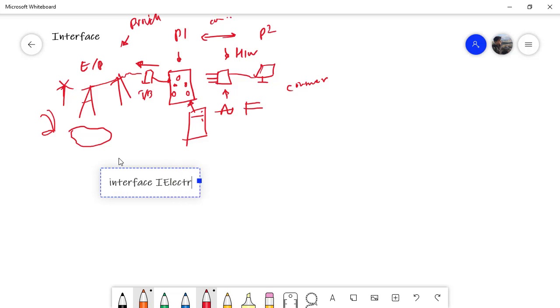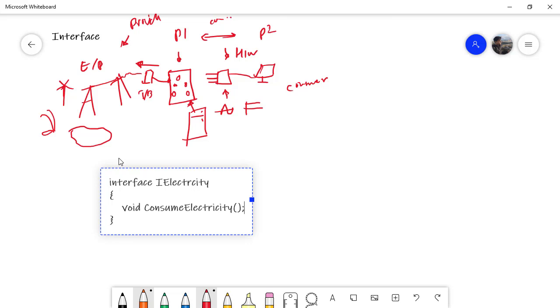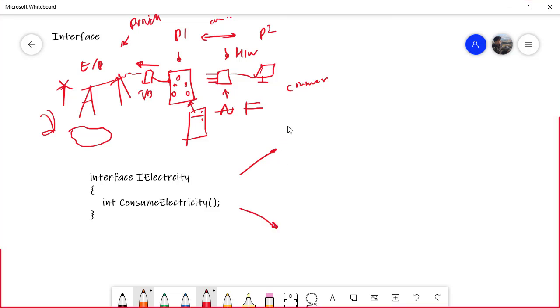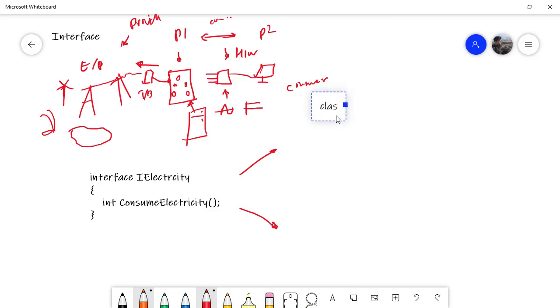Okay, so the electricity example is going to have a function like consume electricity, something like this, right? And let me go ahead and change the return type from void to an integer. Now this interface is going to be used in two separate places. One is going to be the provider of the electricity, and one is going to be the consumer of the electricity. For the provider, let's go ahead and create a class, and it is going to be, say, the electricity